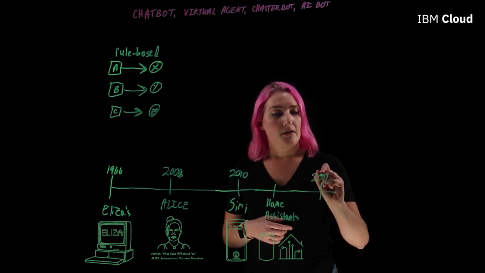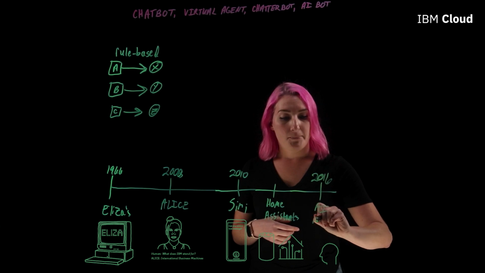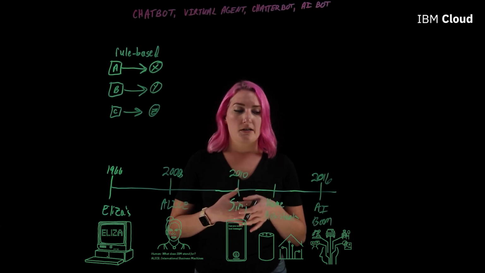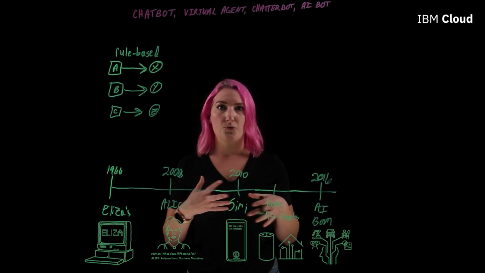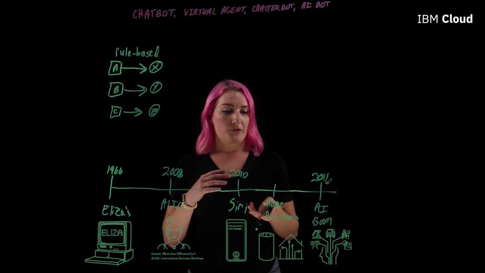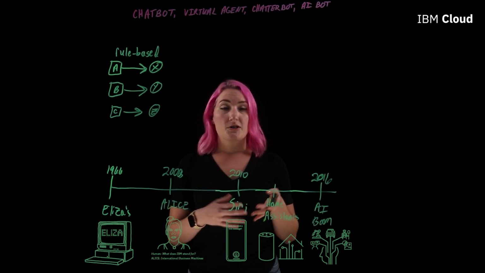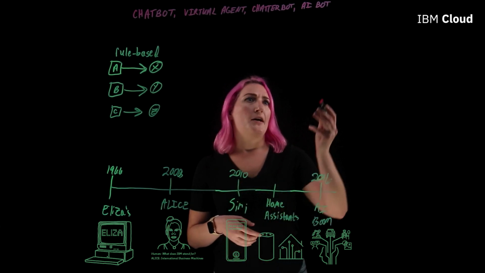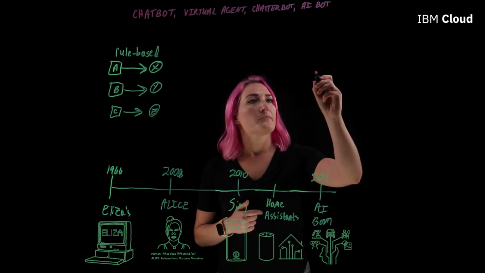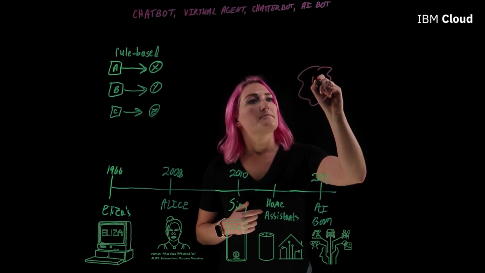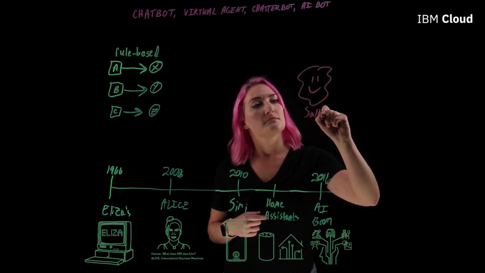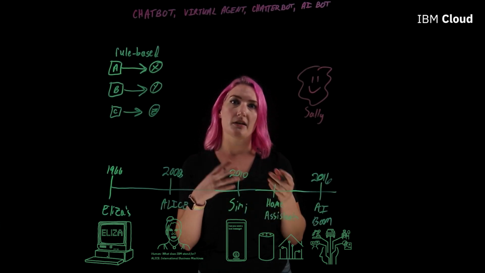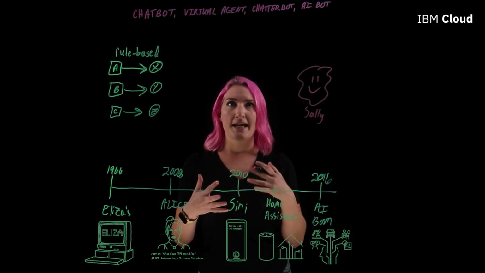Now in 2016, we had what is called the AI boom. AI, artificial intelligence, means that we are essentially integrating AI into everything in our daily lives. Whether it's a smart device or a chatbot, AI is there. So when we think about what a virtual agent is, let's say we have our chatbot, and her name is going to be Sally. I can tell Sally a number of different things, and she's going to be able to understand what I mean no matter how I say it.